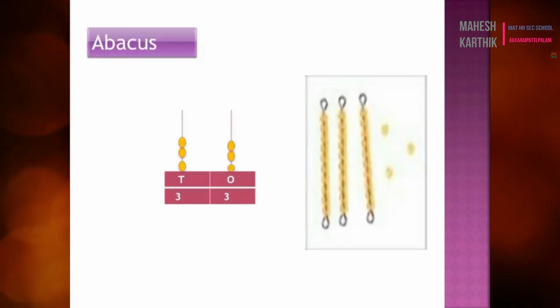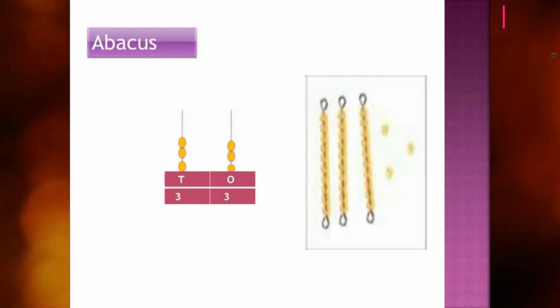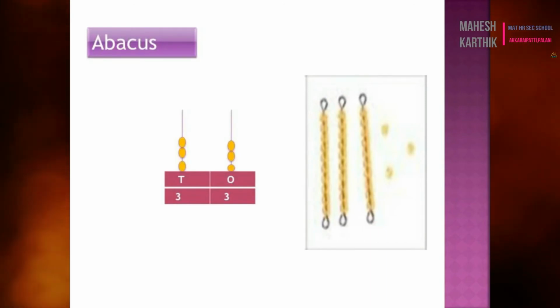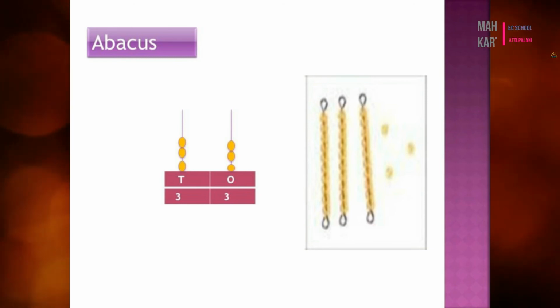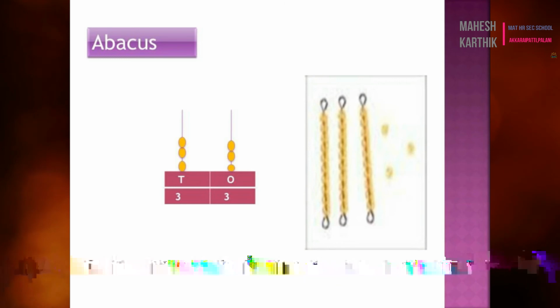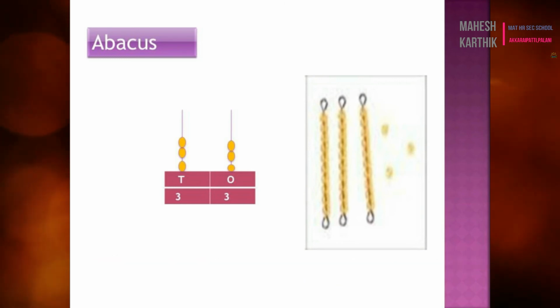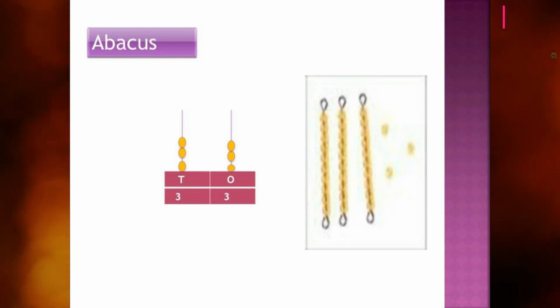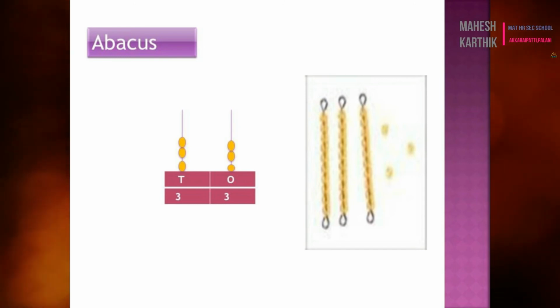Now we can learn the place value by using the abacus. We will count how many beads are there by arranging them in the abacus. An abacus contains tens and ones places. First see the beads. They have given 3 tens, that is 30. So in the tens place you have to arrange 3 beads. And in the ones, loose beads they have given how many? 1, 2, 3. So in the ones place you have to arrange 3 beads. So totally the number is 33.